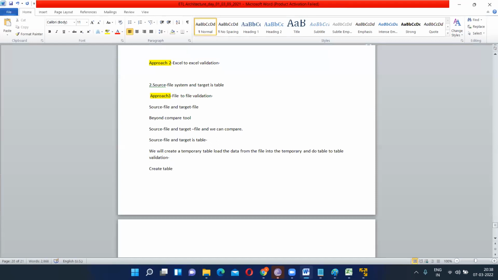Create table, table name, any name I have taken, temp, as select star from emp where 1 equals to 2. This means only the structures will be created. Yes or no? Yes. And there is a tool called as